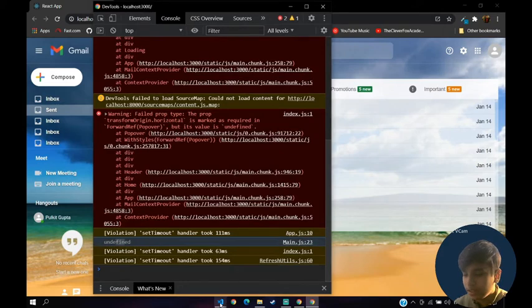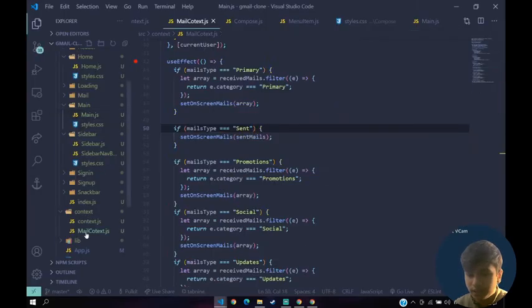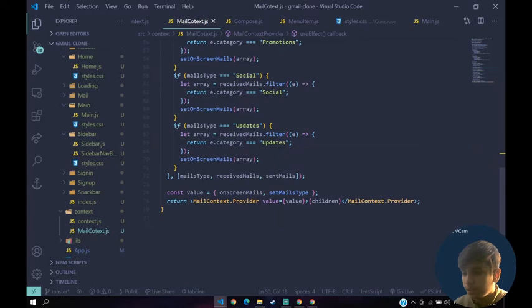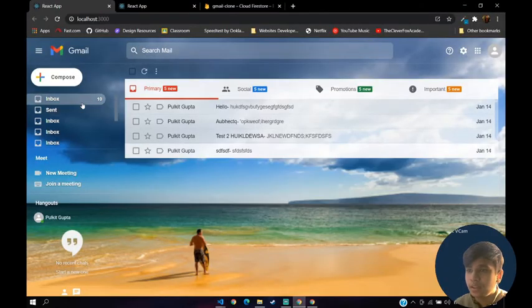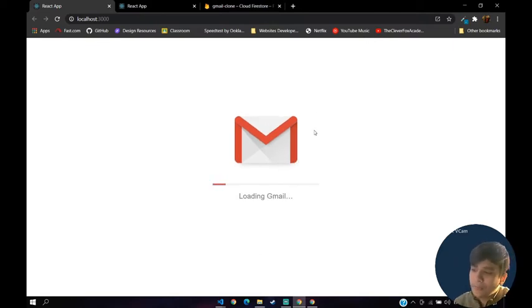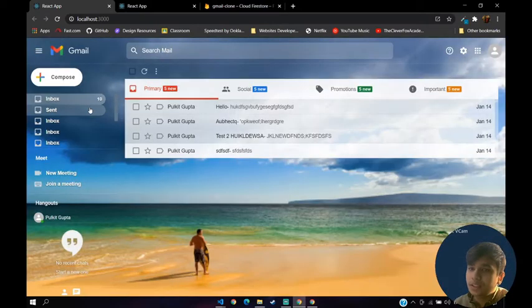Okay, I got the reason why it's undefined. We have to pass the value also. That was the reason it wasn't working. Now it should work. Let's refresh. 90% chance it should work. Let's click on send. It's working, correct. Great.